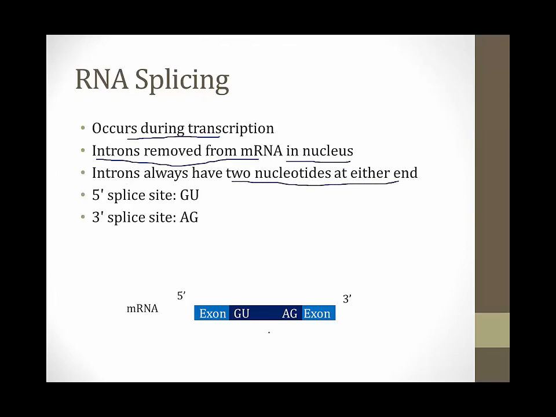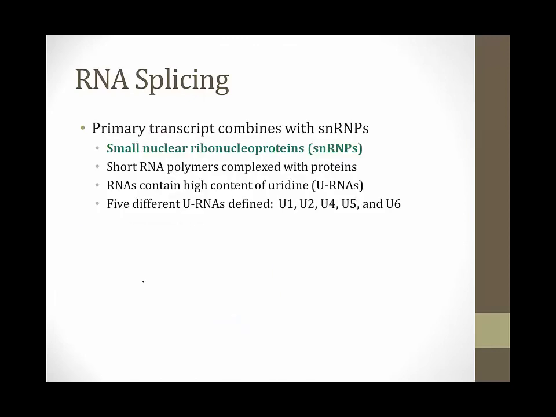If you look at this diagram at the bottom of the screen, this is the intron in dark blue in the middle. At the 5' end, there's always a GU to denote the beginning of the intron, and at the 3' end, there's always an AG. There's a complex process by which RNA splicing occurs, and they like you to know something about this for the step 1 exam. So the primary transcript, the initial piece of mRNA, combines with structures called snRNPs in order to